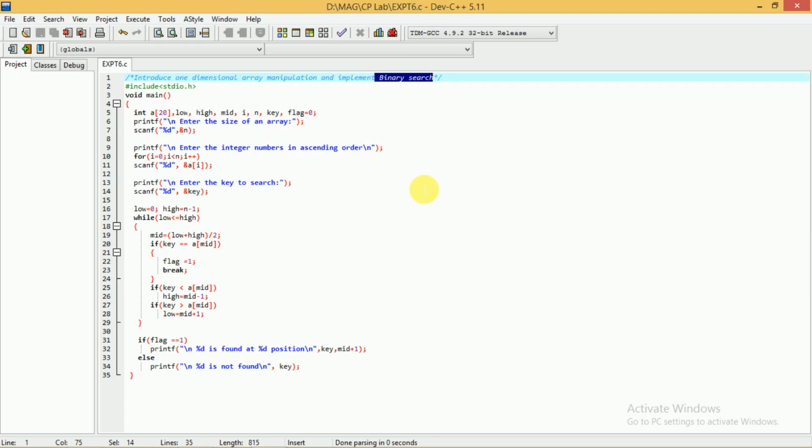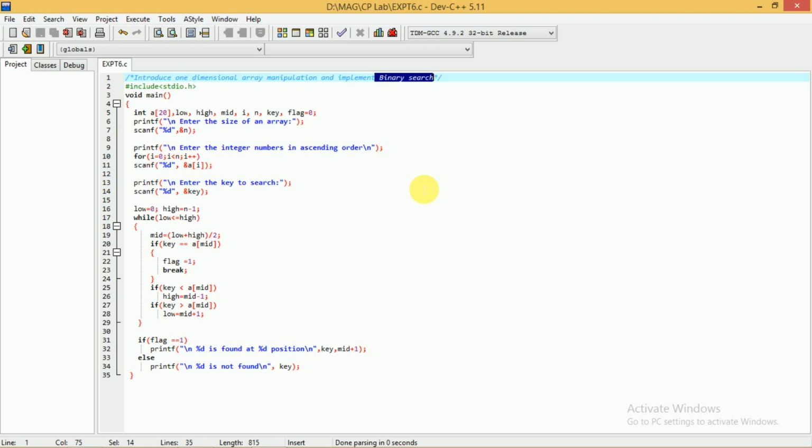You may have 5 elements, 10 elements, 20 elements, or 100 elements also. Once the list of elements is given, after that a key is given. Key is also called the key element. This is the element which you have to search in the given list of elements.